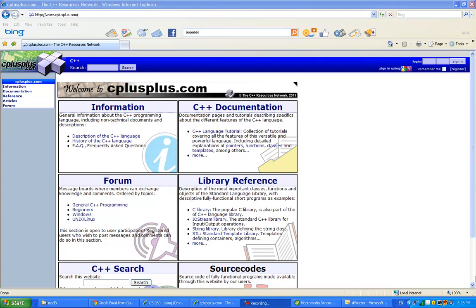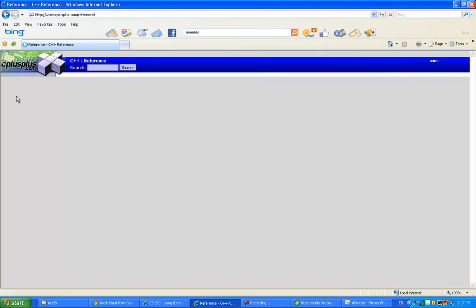Hello, in this part of the video, I'm going to show you how to use STL vector. And before we do that, I want to introduce you to this wonderful website, if you haven't been here. It's called cplusplus.com. So if you click on reference,